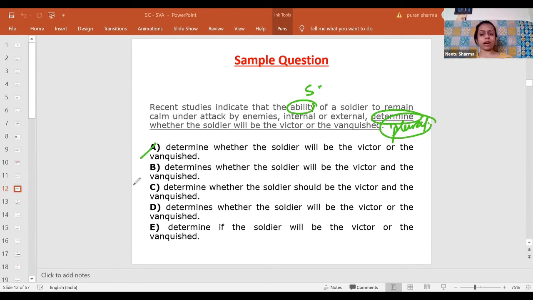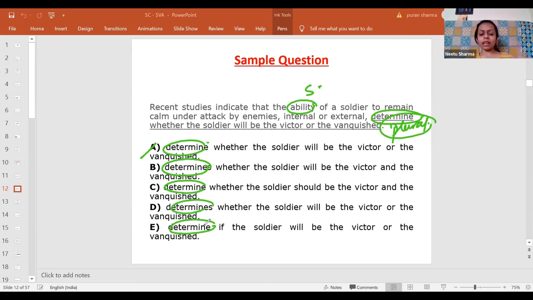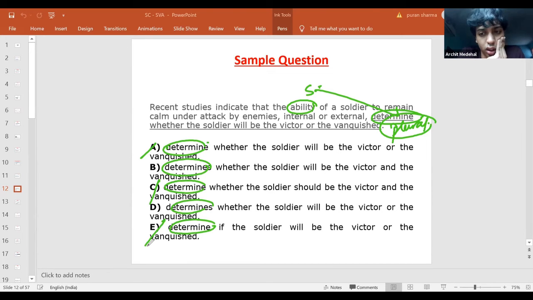Of course, A has to be out. Now go by ideas where we can eliminate an answer choice just based on the verb, because a singular subject won't go with a plural verb. So A needs to be eliminated, and any obvious repeaters need to be eliminated. Much easier now, right?